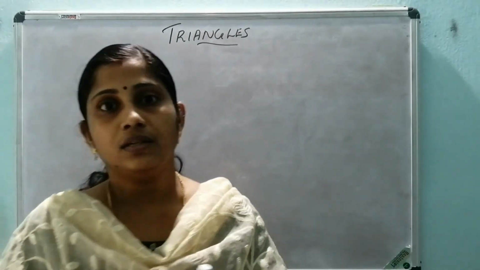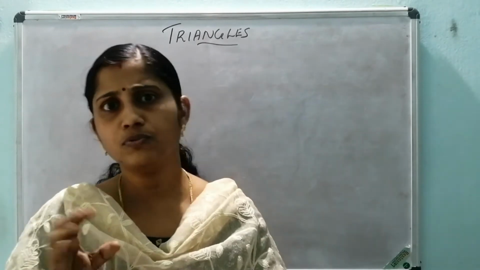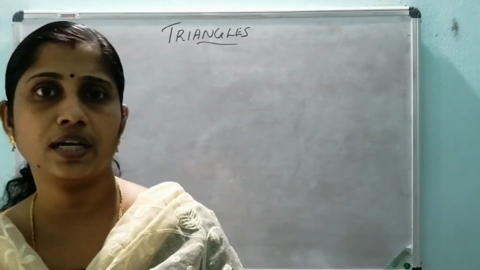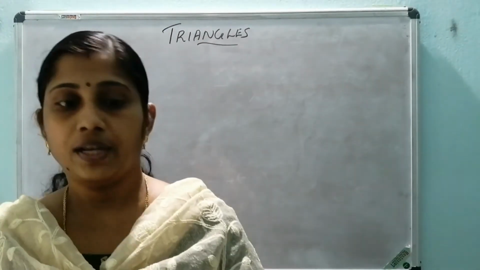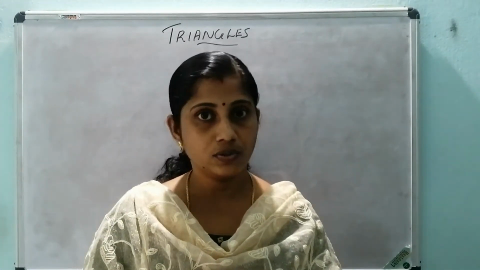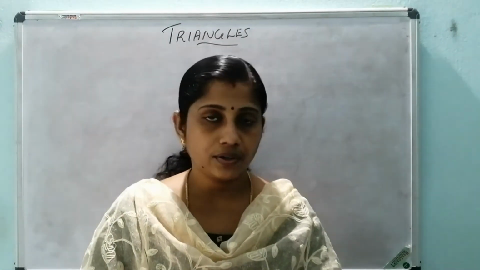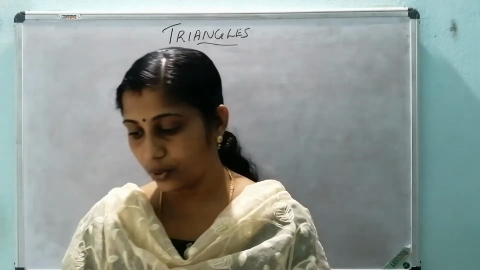Okay, then here we have a few theorems to study. No need to study the proofs of all the theorems, only a few proofs you have to learn. Then we know that different congruence rules are there, that is the SAS congruence rule, the ASA congruence rule, likewise. Then the first one, what is it?